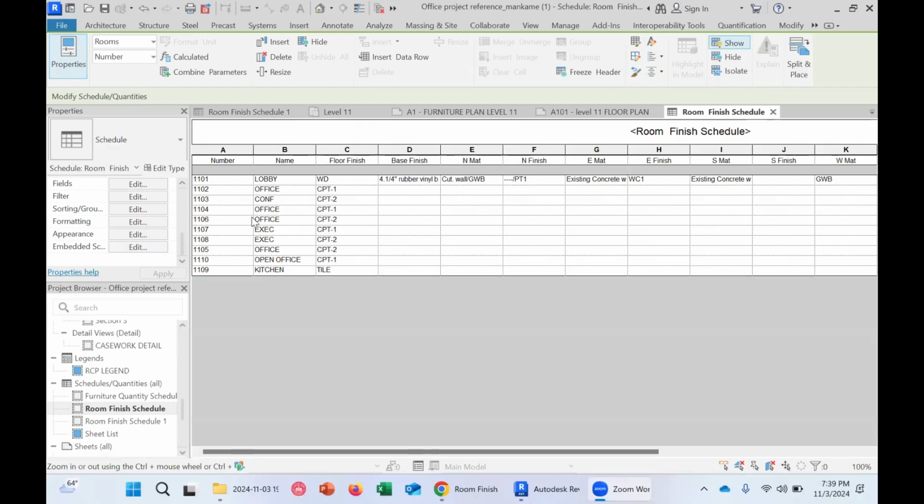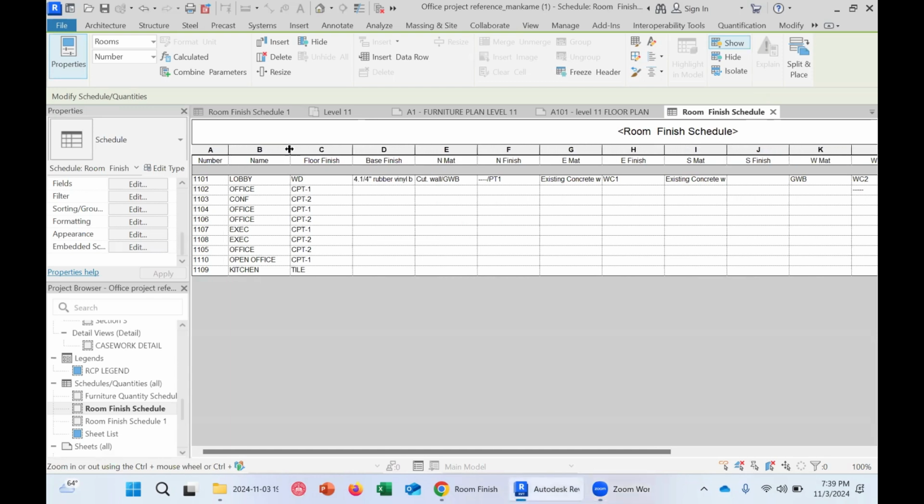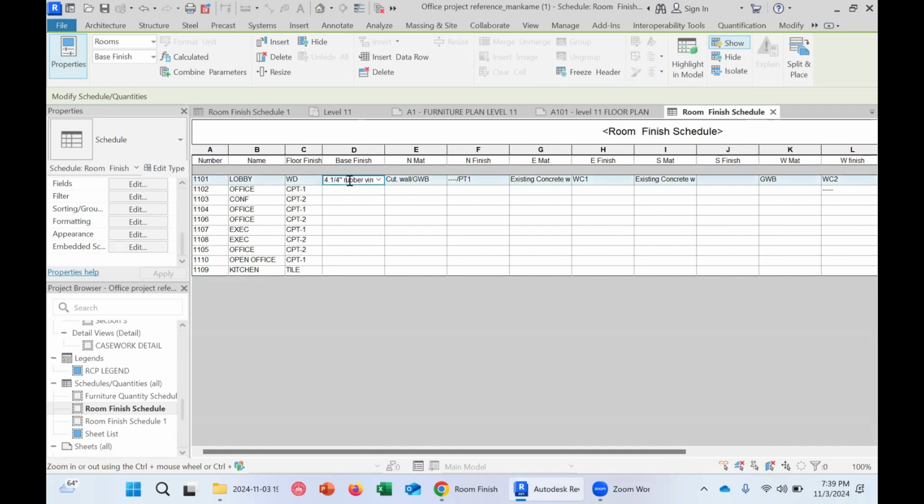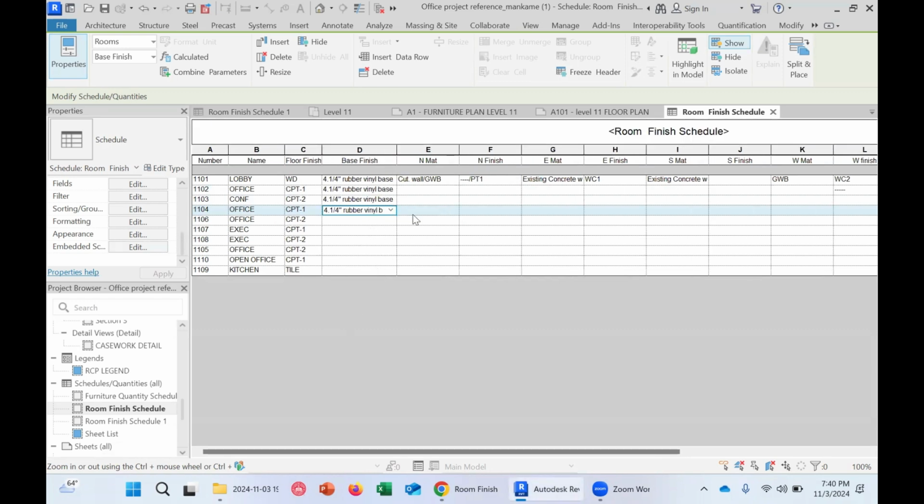Now you can notice here that the name is already written there as the room numbers and the name. You can arrange that name. Then the floor finish is already there. This I have added. So you can just click on it and type in whatever kind of rubber vinyl you have. And once you type in, you can just add for all base finishes. Then